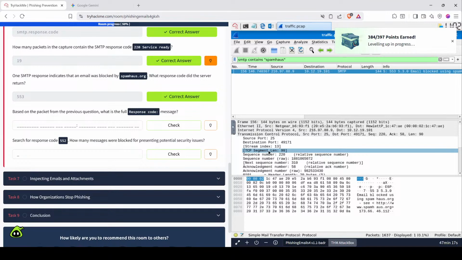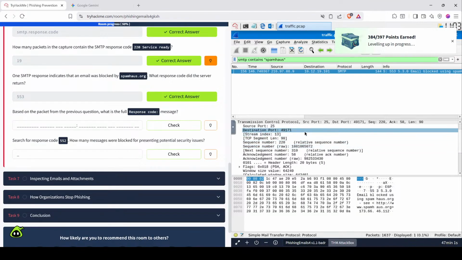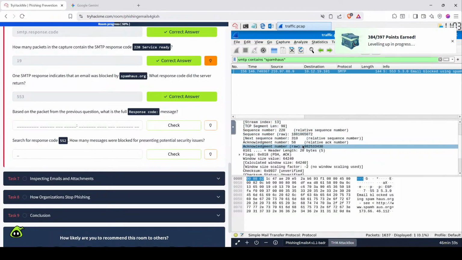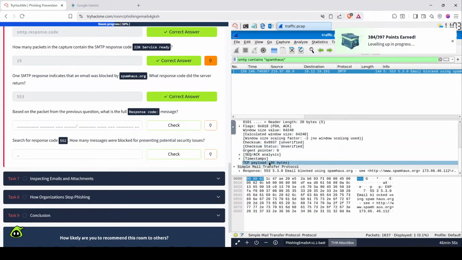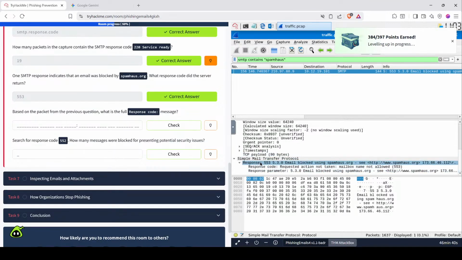And it goes from 25 to destination 49171 now. Great. Now, sequence number and stuff like that. It's not interesting. Two flags, finish and acknowledge. Also, Simple Mail Transfer Protocol payload inside with the response code